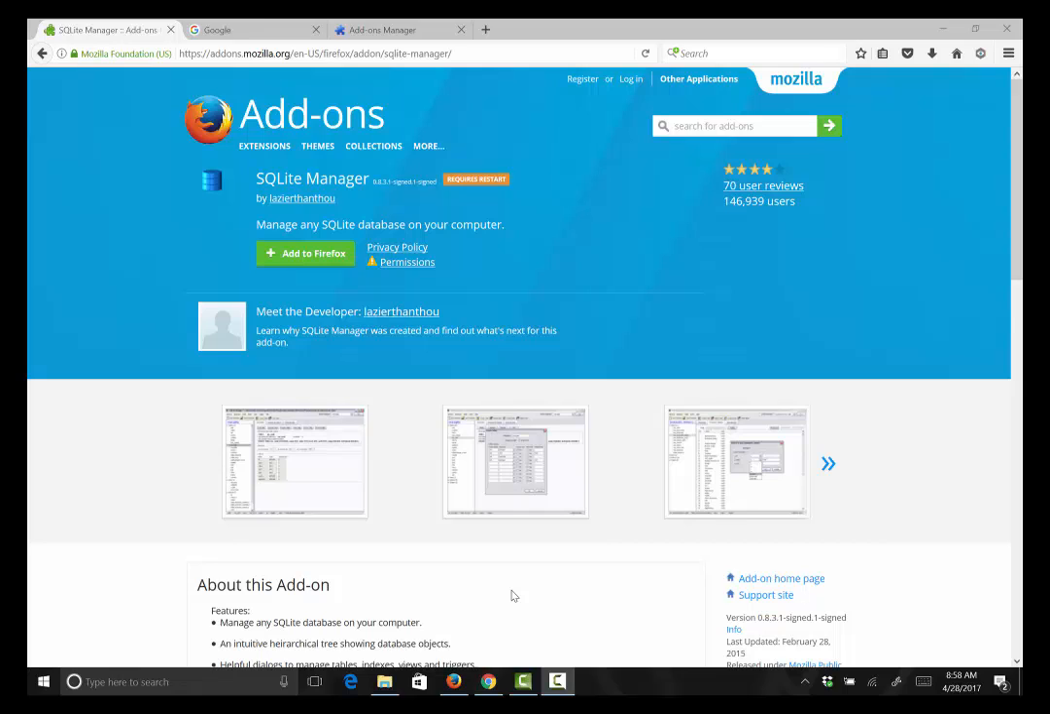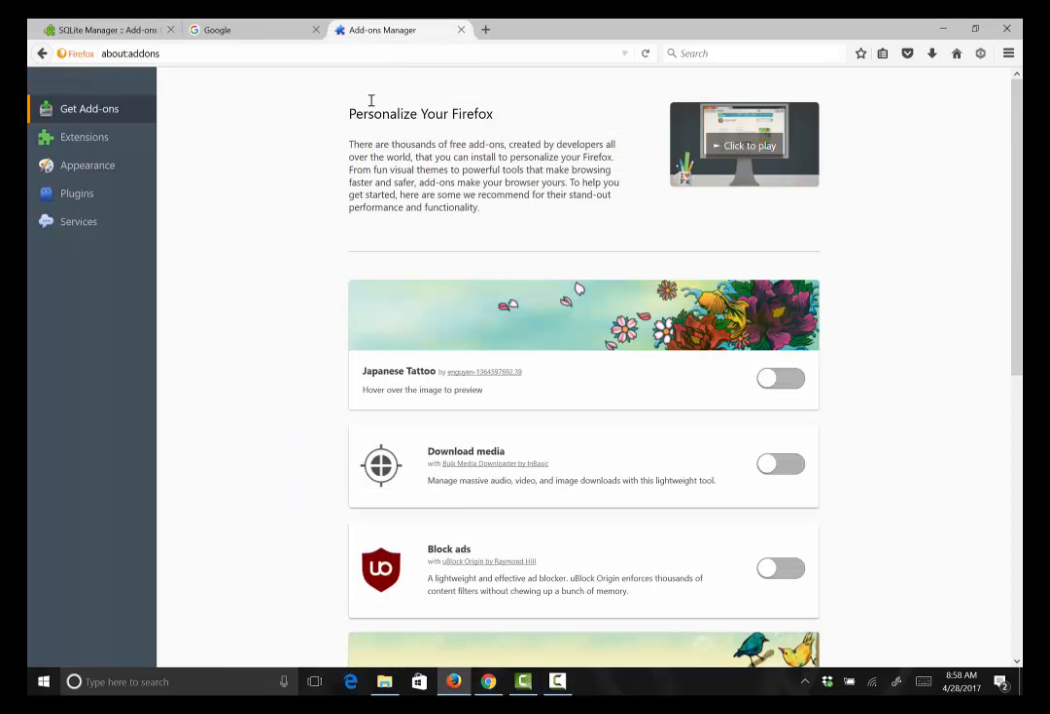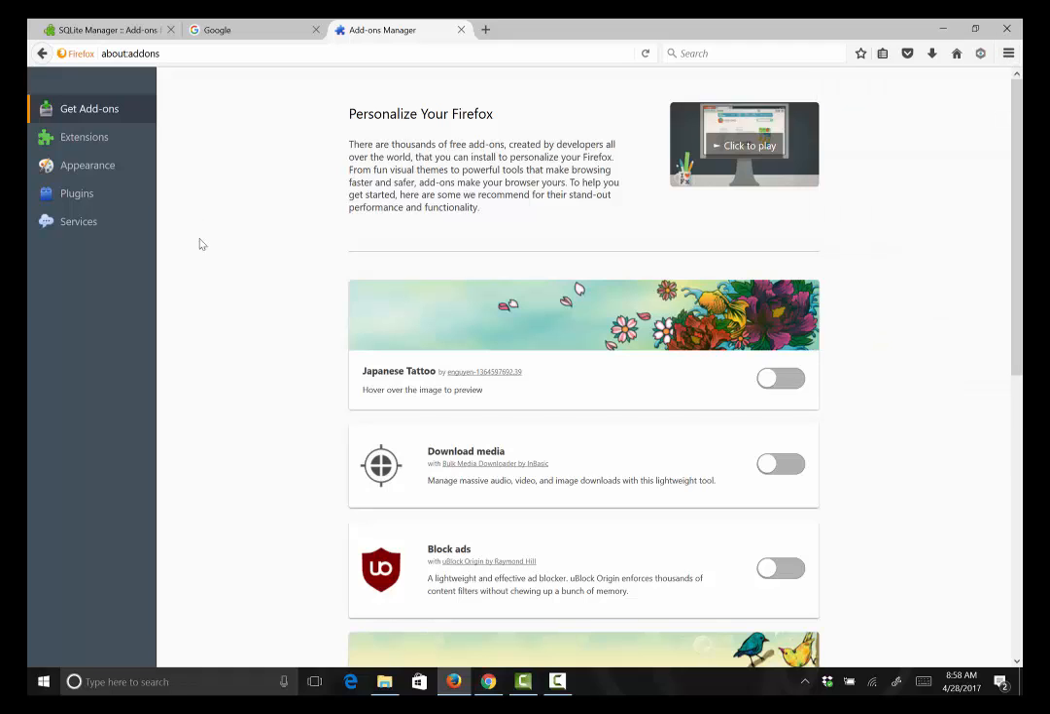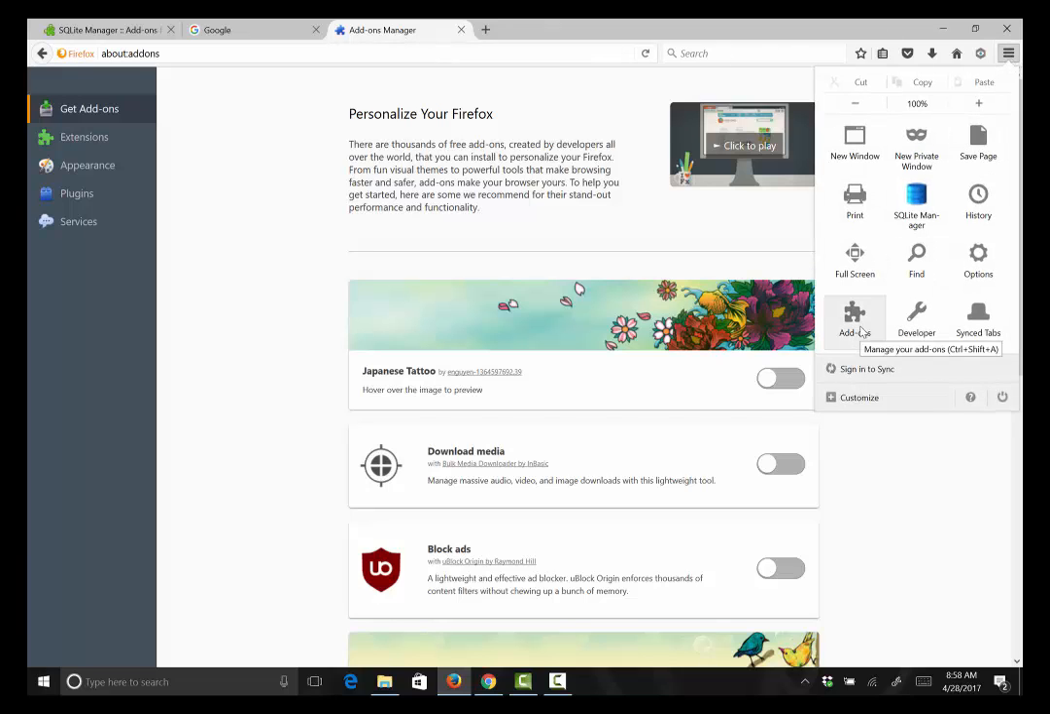Hello, this is a quick and short video about how to add on the SQLite Manager. One way is to just go to the Mozilla website for add-ons and then add on the SQLite database. Or the other option is you can go into your menu and look at the add-ons, and especially once you've added it on, you should be able to see